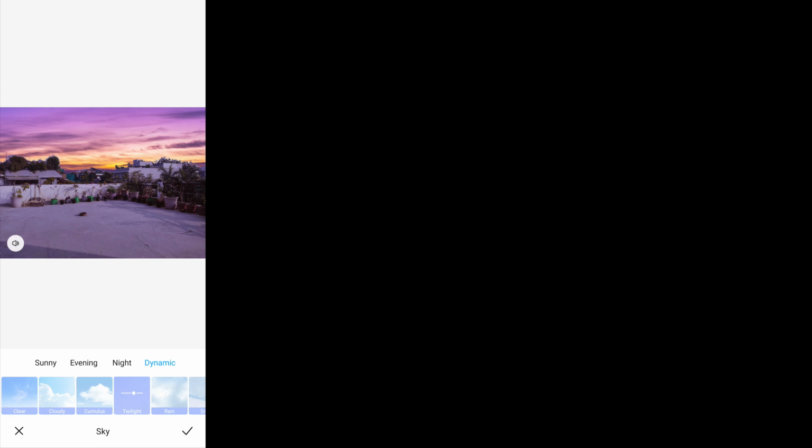Now, this is a sky replacement option. And if you notice, it changes the colors of the entire image based on the temperature of the sky that is being replaced. And the last option is dynamic, which actually puts in a video replacement for the sky along with music, which is really, really cool.